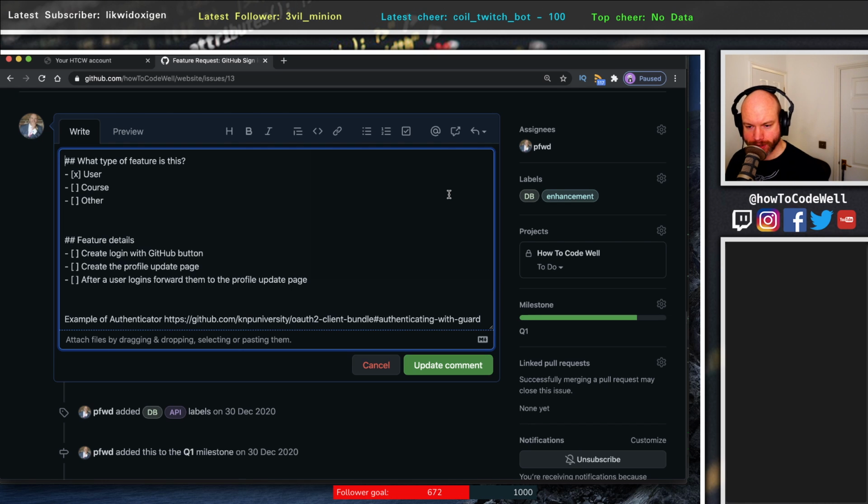I've freed myself up a little bit, which is nice. Don't get me wrong, Gatsby's lovely, React is nice, but there were just some issues I was having with creating a static site for this. It's a little bit too big, I think,